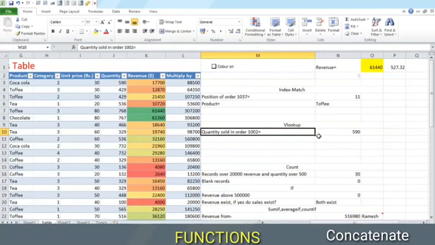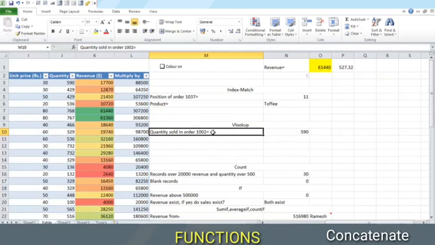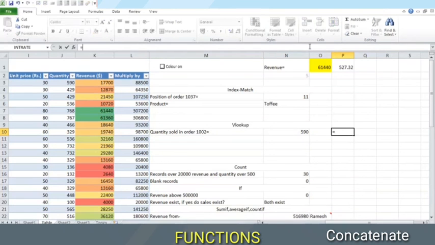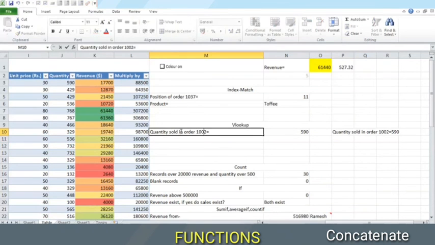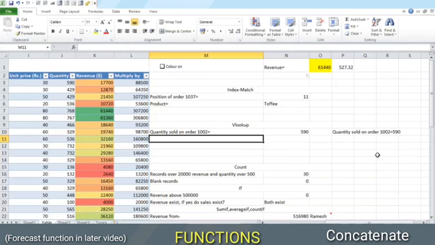Concatenate helps to put together two or more cells. For example, here we have to see two different cells to understand what is being written. But suppose we want it written at once in one sentence. We will use concatenate, then select the text one or the cell, and then the next cell. In this case we take only 2, and this is what we get. Now if there is any change in any of these values, suppose we change something here, make this on, we'll see that reflected here.